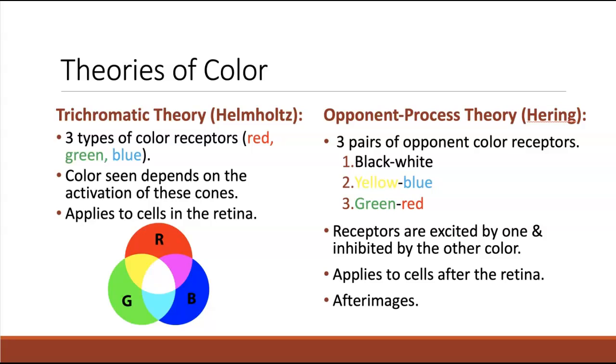And actually, I have a demonstration for this in a second. Basically, what's happening is, whatever color you're looking at, the receptors for that color are excited, and then the opponent color receptor becomes inhibited. So while you're looking at something green, the green receptors are excited, the reds are inhibited. And then when you look away, those that have been inhibited suddenly become reactivated, and you suddenly see this after image in that color. Again, this has also been supported, but this applies to the cells after the retina, so not the cones on the retina that we just discussed. This applies to those other cells. So to demonstrate this,